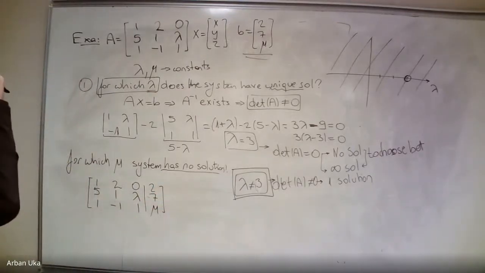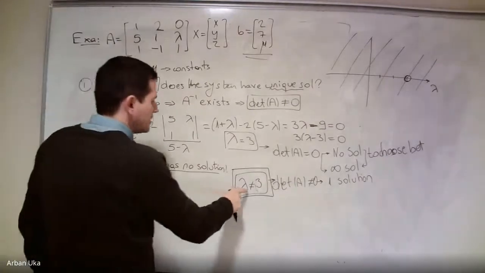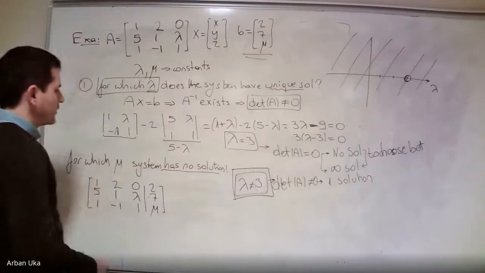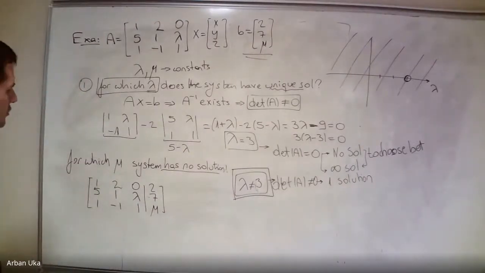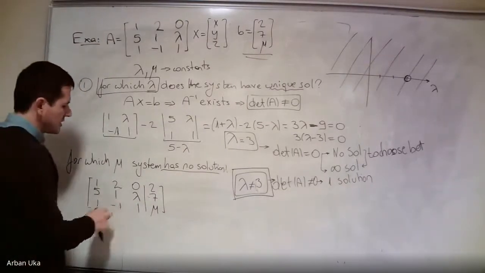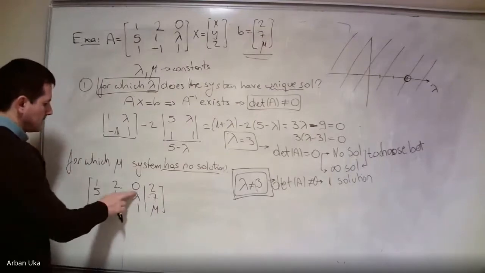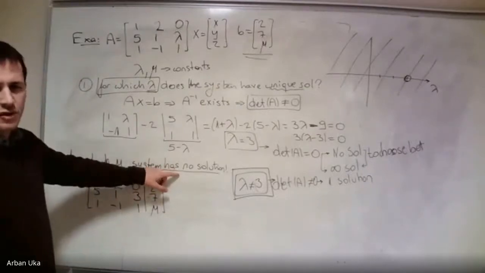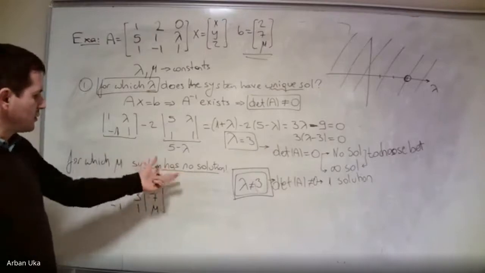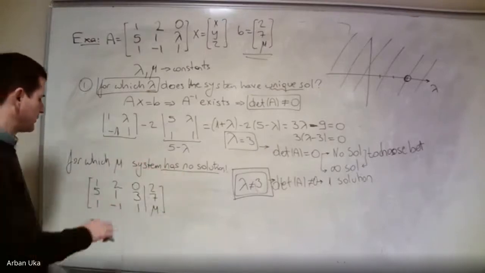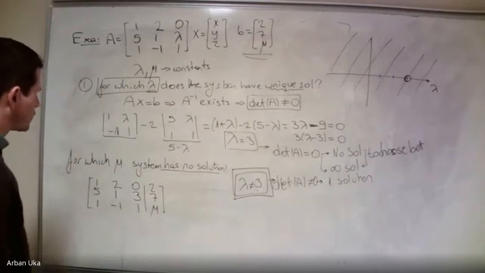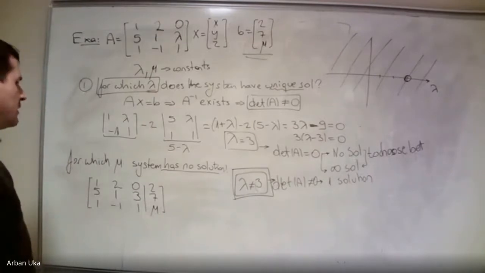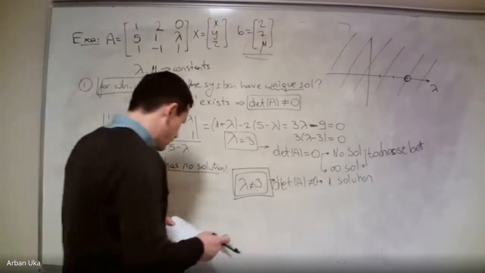Now, we said that if lambda is different than 0, we have a unique solution. We don't want this case. We have to have no solution, which means that what is lambda? It should be 3. Yes, that's true. In this approach, lambda has to be equal to 3. And then we have to solve the system, and in order for the system to have no solution,